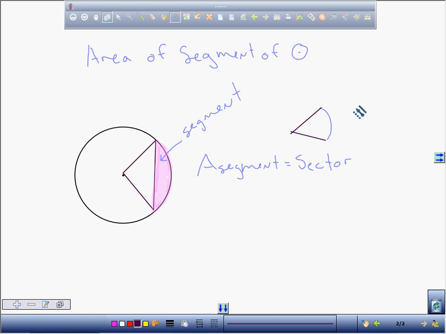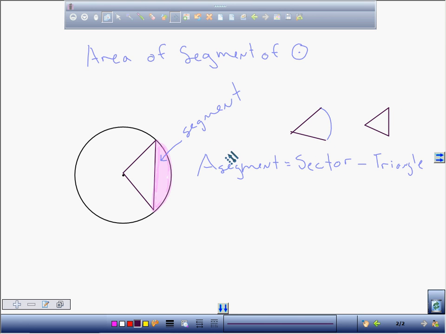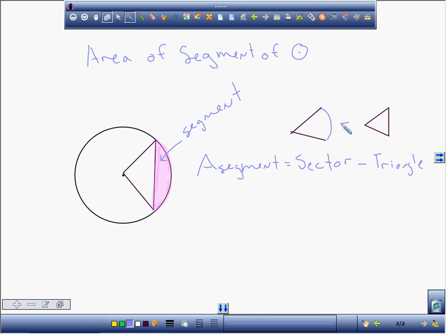And then you have to subtract the area of what? Area of the triangle. The triangle, right? Because if I take this triangle, in this case, this one over here, and I subtract that triangle, okay? Sector, that's what we learned, that was the last thing we learned, right? So I subtract the triangle, and I'm going to end up with what's left over, which is the segment,